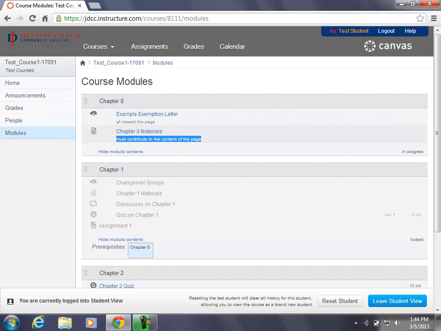It says in progress. You see it? Mm-hmm. In progress, so the students know they're in progress. This is still locked, so they can't get in. So why did we not? We can't get to